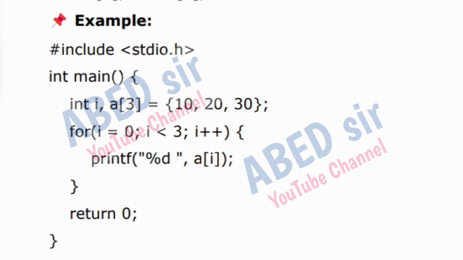Example. #include <stdio.h>. int main. int i, a[3] = {10, 20, 30}. for (i = 0; i < 3; i++)